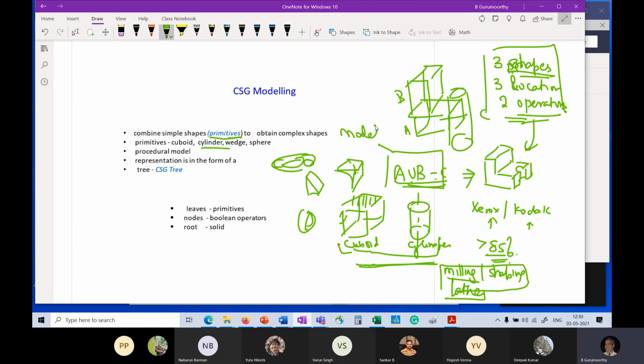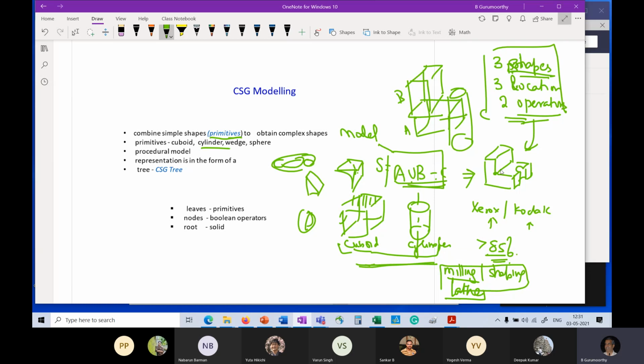Right? This is the model that the user has constructed. He has created A, he has created B, he has created C, positioned them as he wants, or she wants, and then instructed that this is my representation of the part. My part that I'm interested in, S, is equal to A union B minus C. So this is a model, but a model that does not contain the details. It does not contain the vertices, the edges, or the faces of the part that finally I'm interested in.